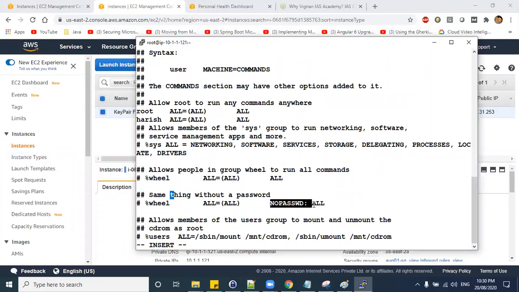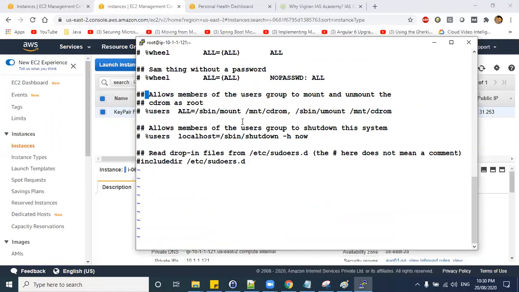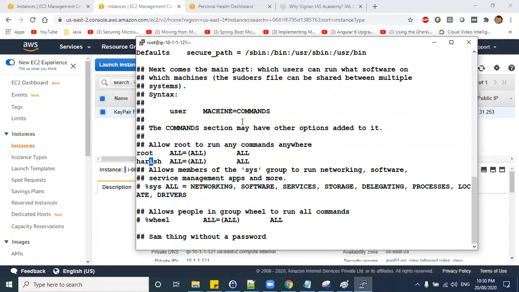So let us take this one. You are not going to use a password. You are going to use a key pair. So just remove all here and type this one, NOPASSWD: ALL, because we are using a key pair to log in, right?